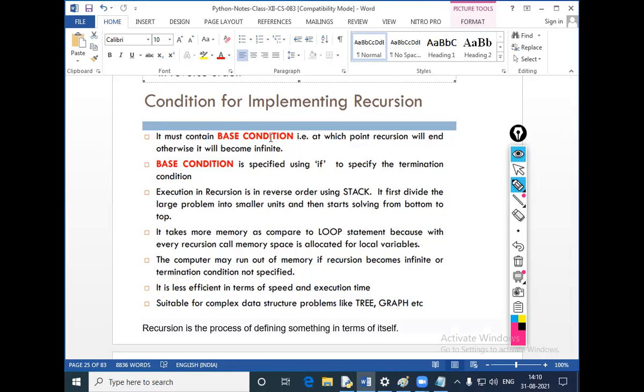Otherwise, it will become infinite. That is the most important. Next, the base condition is specified using if, to specify the terminate condition. That means we are specifying the condition so that we can use it for termination.